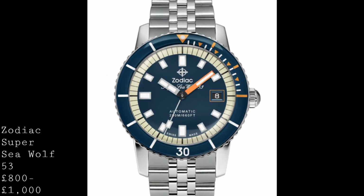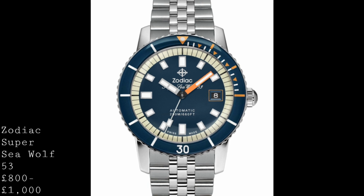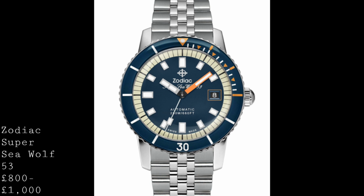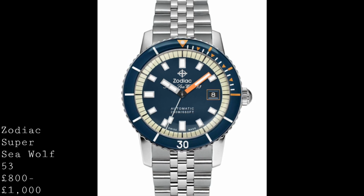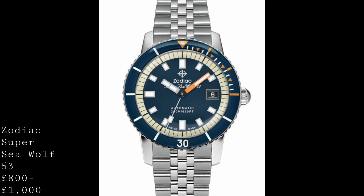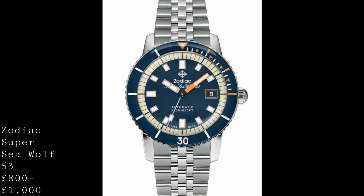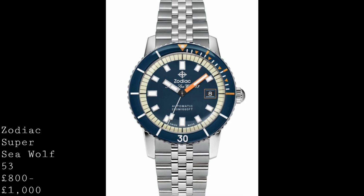And whilst this isn't exactly the same as the first 1953 version of this watch, it's still a very interesting design and makes the watch all the more legible and more usable in a modern era. You also have a paddle second hand, which is a nice touch, and again draws from that period of diving, whilst the colours on the dial are extremely well coordinated with the bezel to have a contrasting minute hand on most models, and then of course the bezel, which again matches the colour rather beautifully depending on which version you